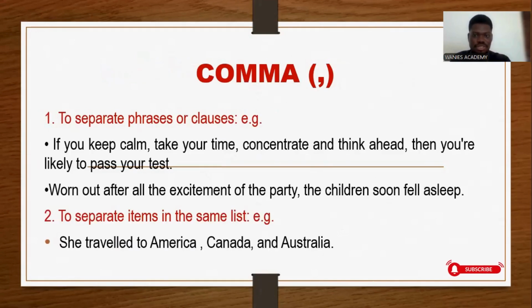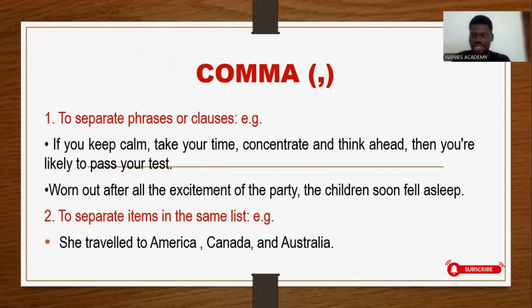Now, the comma, its symbol is represented in the bracket there. The first use of the comma is to separate phrases or clauses. For instance, we have: if you keep calm, take your time, concentrate and think ahead, then you are likely to pass your test. Second example: worn out after all the excitement of the party, the children soon fell